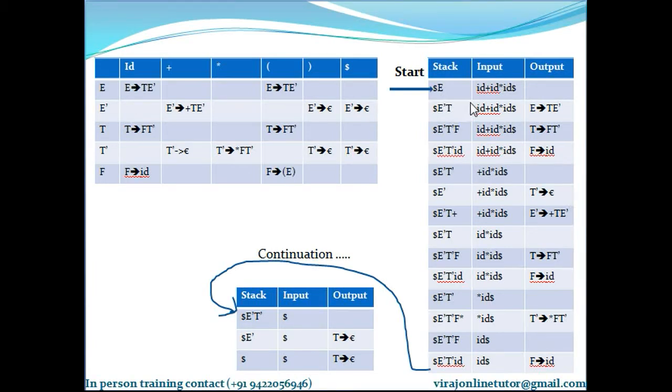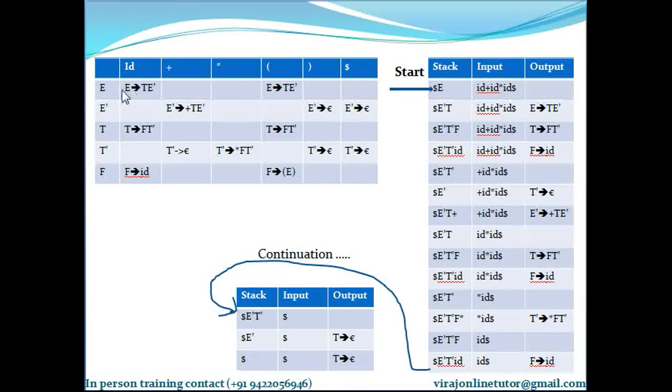Now just check what is E on id. Refer to the parsing table and check E on id. So E on id is this production. You replace E on the stack with its production, so you replace E with T dash. But please remember, while placing the production on the stack, you have to place it in such a way that the first symbol is the topmost element on the stack. So please place it in the reverse way.